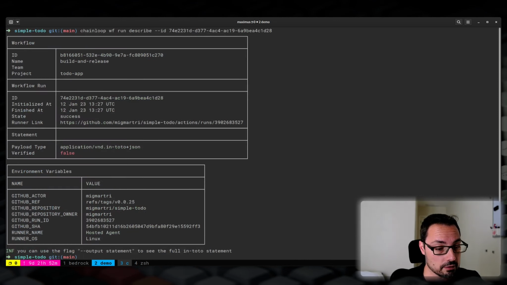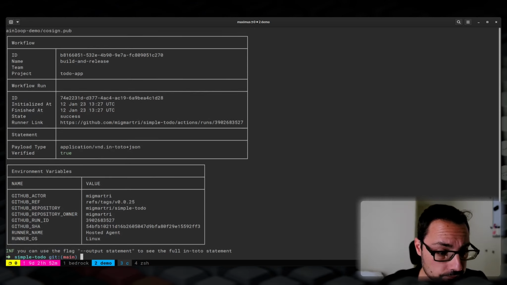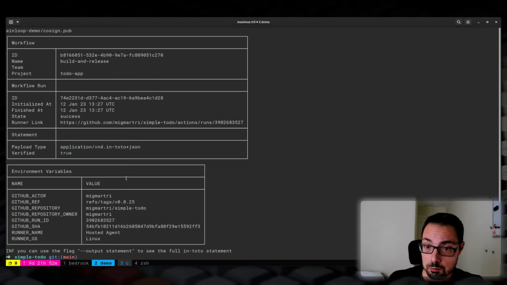And something you might have seen here is that it says verified false. And what does this mean? What this means is that because it is signed, we can actually verify it against a public key. And now we're verifying the content. Eventually we will have keyless signing and verifying, but for now you need to use asymmetric keys. So this is good. We already have information that's coming through the control plane, but we want to add materials,